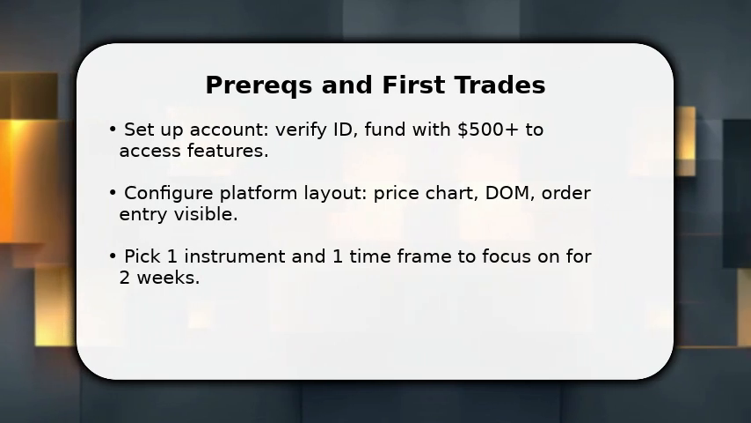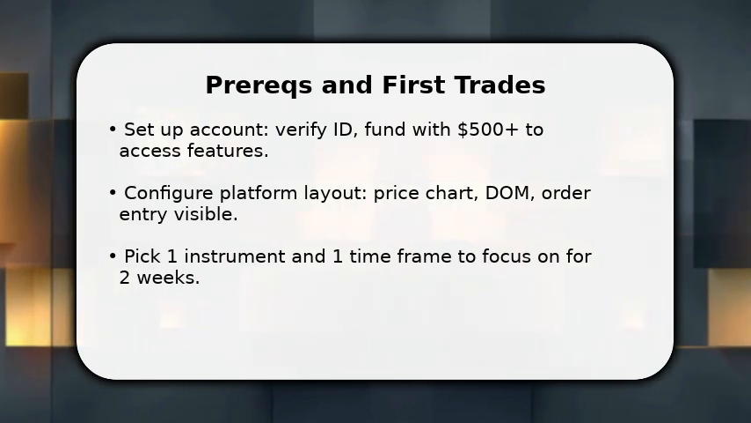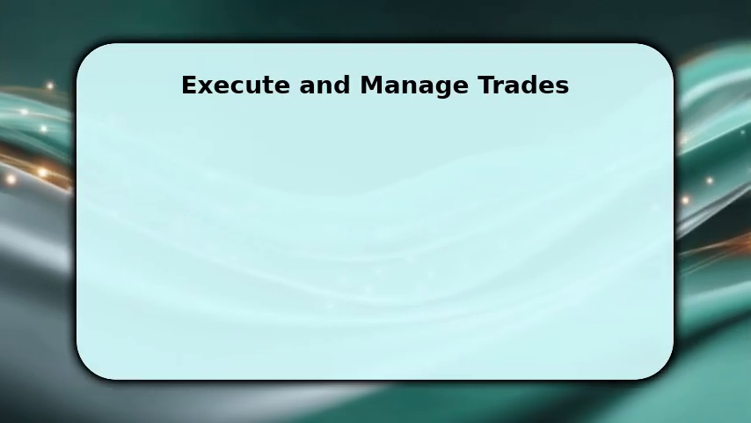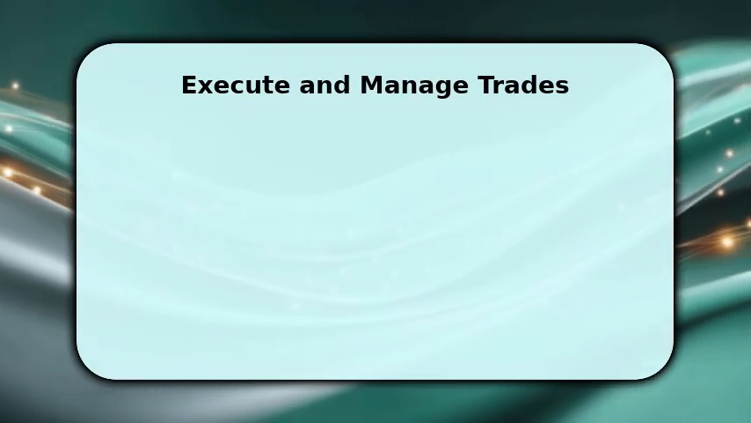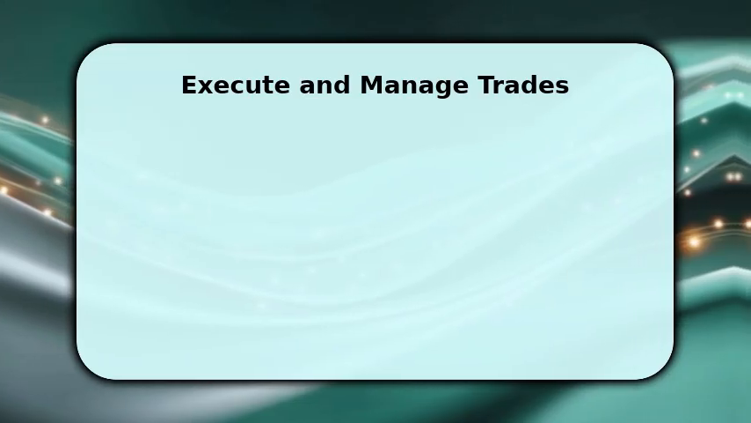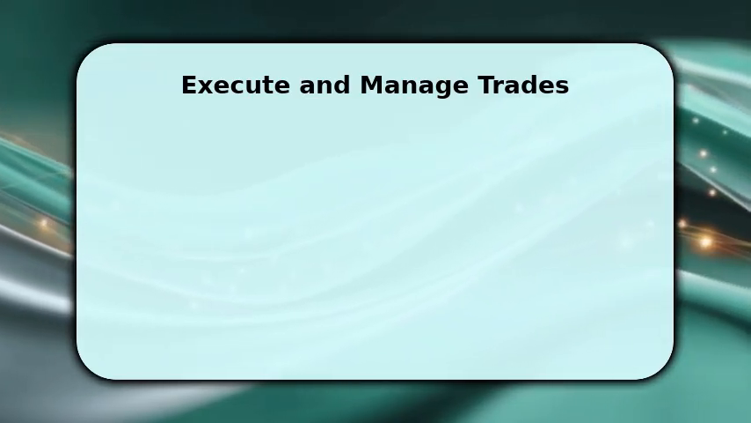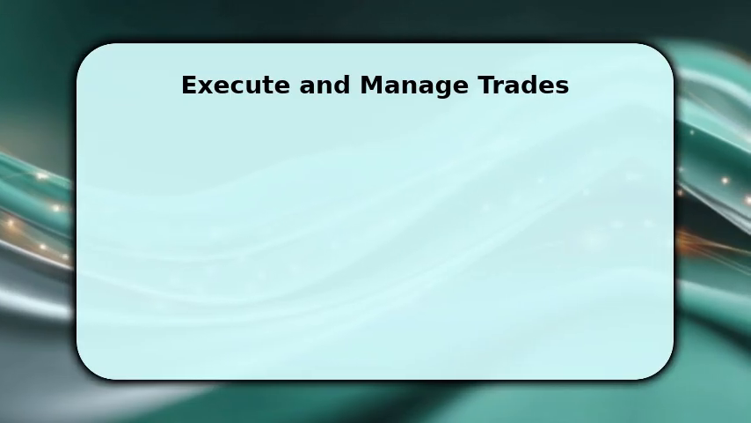You place entries using limit orders when possible and attach an OCO bracket to automate stop and target. This reduces emotional fiddling. Once filled, manage position sizing by scaling. Begin with half your plan size, add a quarter if the move validates, and add the last quarter only on